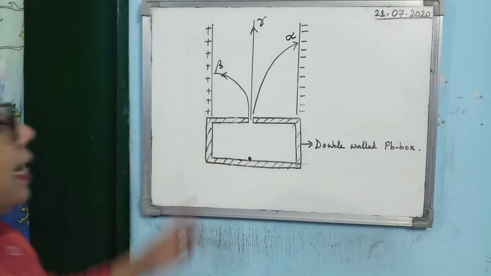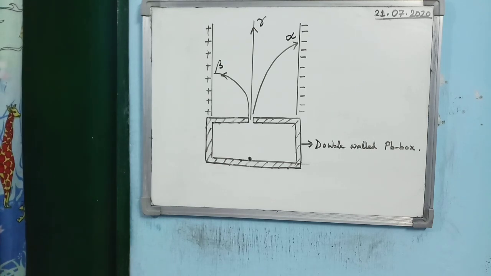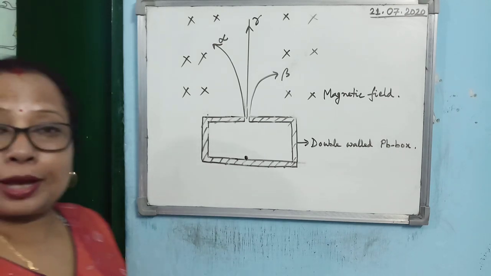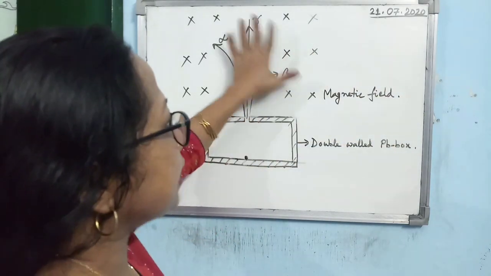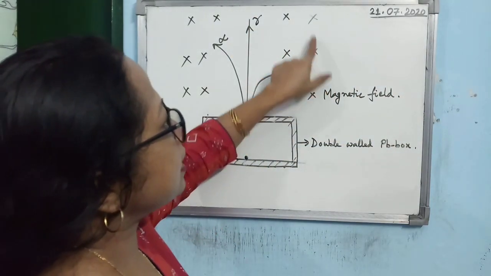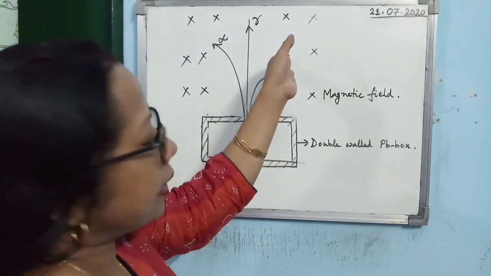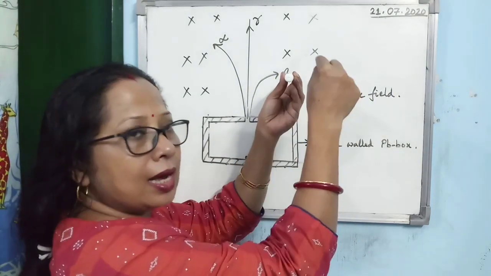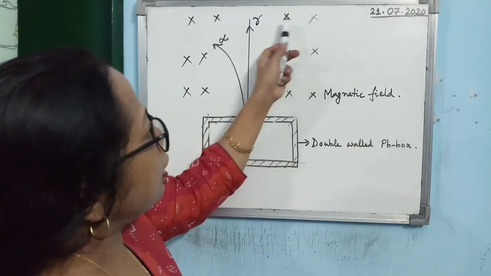Alright. Now, instead of an electric field, Rutherford kept it in a magnetic field. Now how is it kept? Understand that magnetic fields are denoted by the cross sign. What is the meaning? They are in the inward direction. Just look at the direction of the pen. This magnetic field is in the perpendicularly inward direction. So this is denoted by cross.